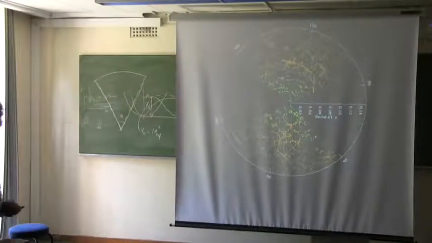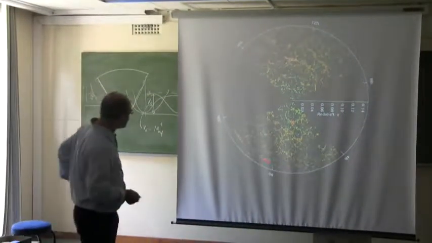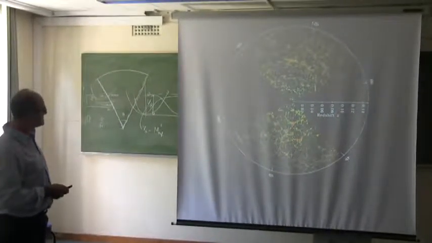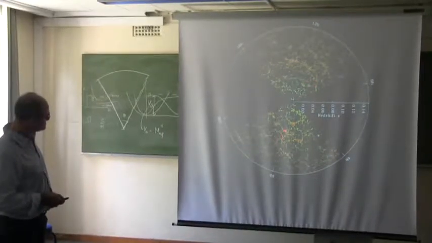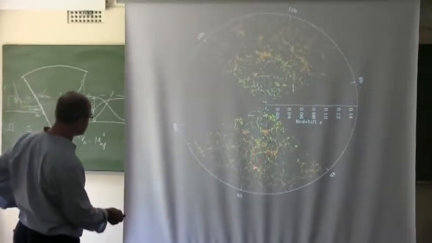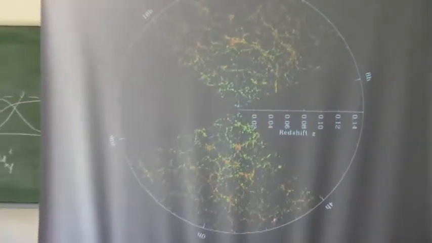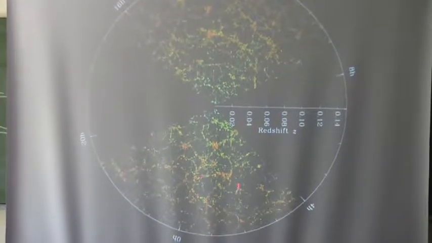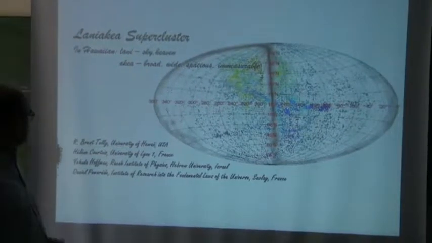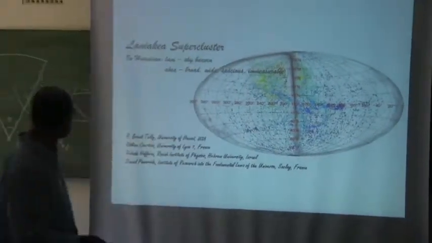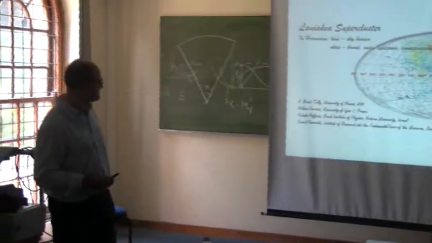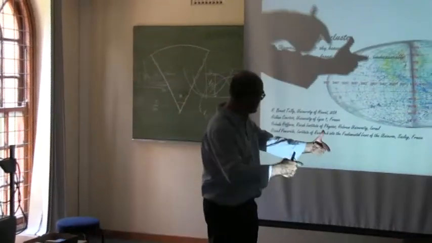Yeah, thank you. So this is the structure that can be observed with the Sloan Digital Sky Survey, looking at hundreds of thousands of galaxies. And you see that the structure is not uniform. It's very clear that there are voids, and there are filaments, and there are sheets, and there are superclusters where these filaments converge. So we understand our distribution around us is not uniform.